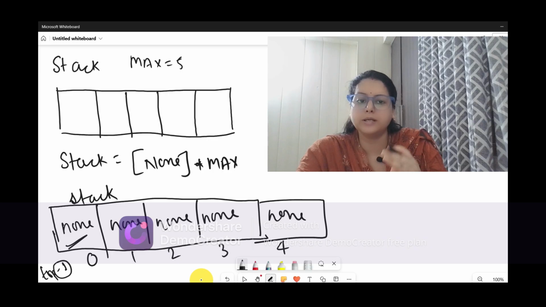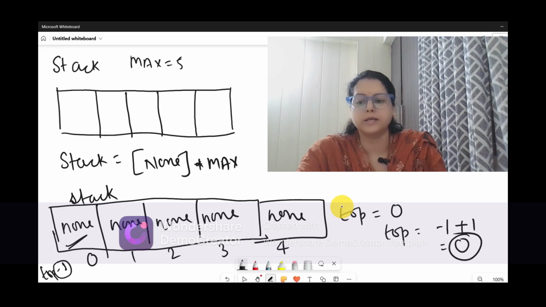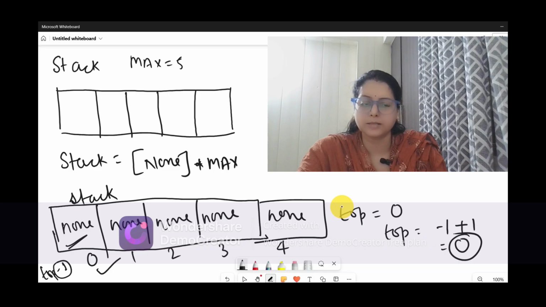So -1 is to be added with +1, because we will implement top from the 0th position, the first position of the stack. Then we will reach index 0 and the first element will be inserted. This is how we have to implement.